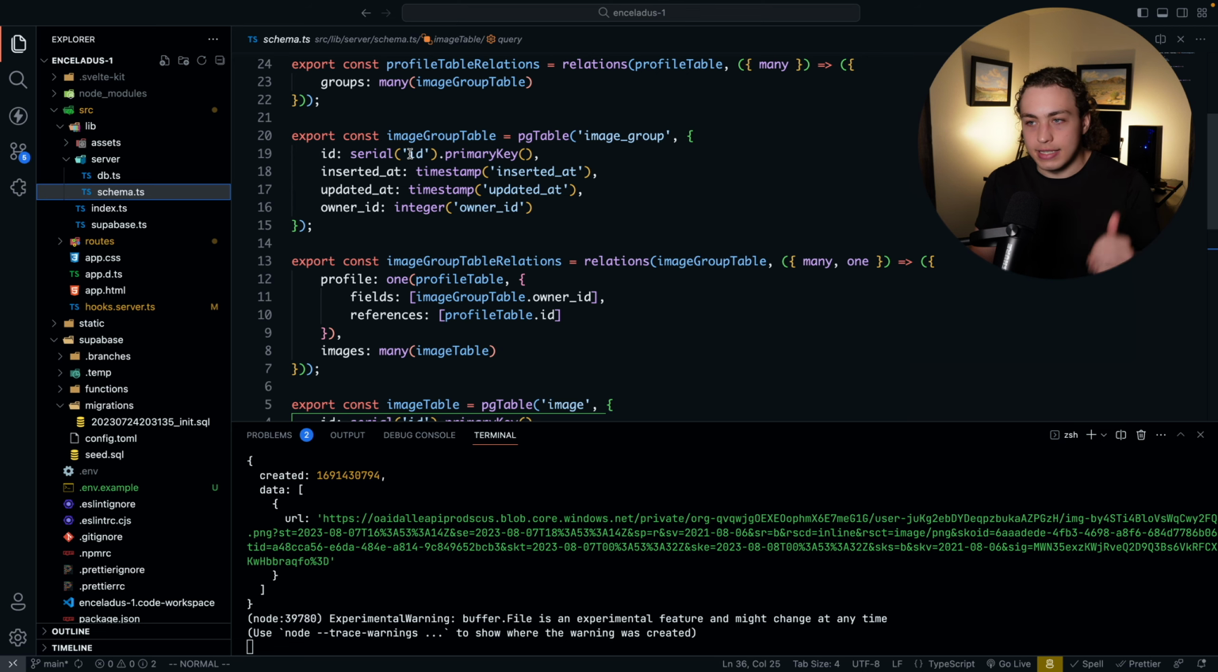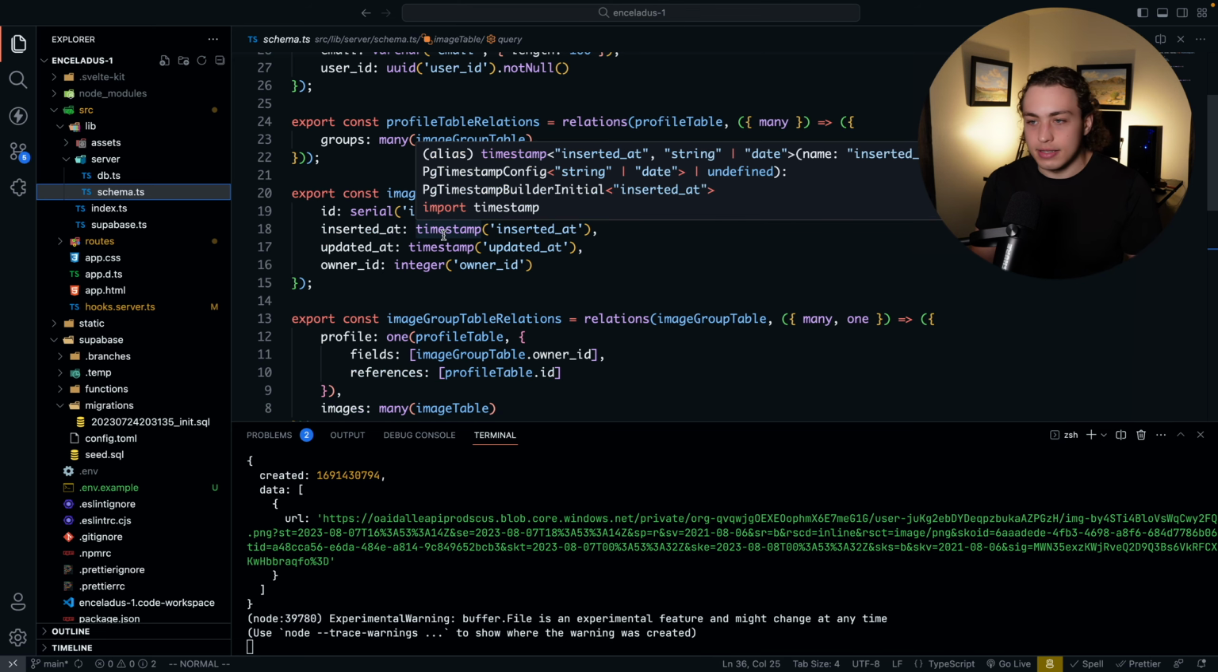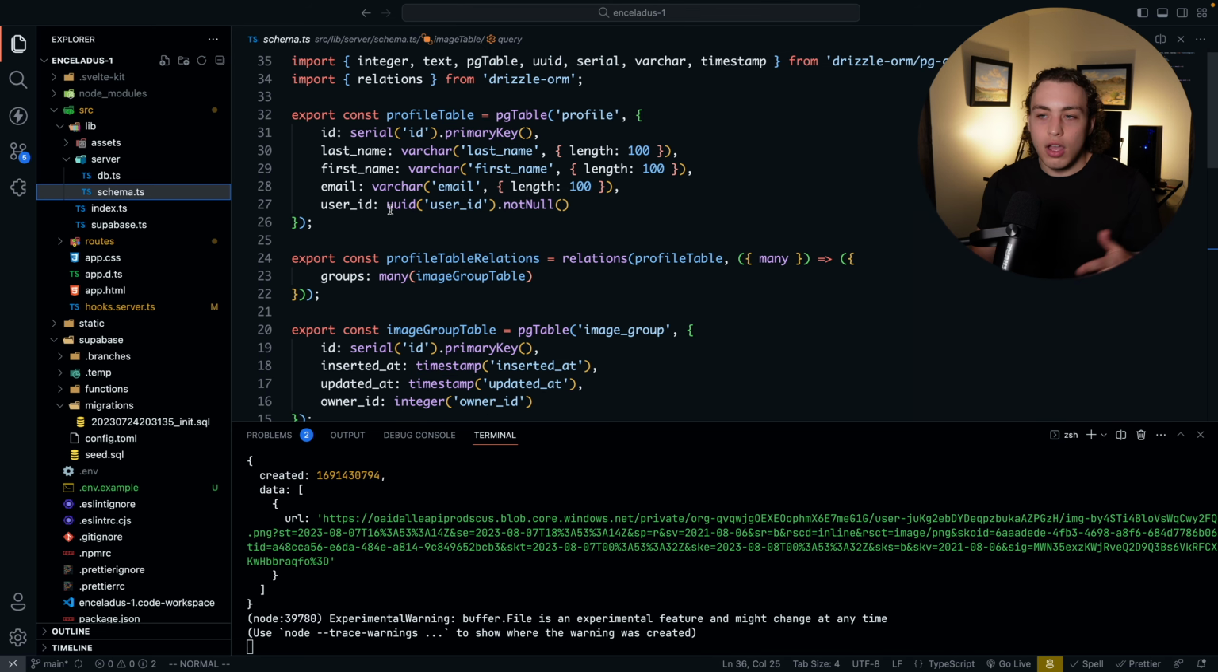I'm setting the ID as a primary key. Within the image group table, it's a serial ID primary key, and then I'm setting a timestamp, and so on. All of this sort of matches, and really there's nothing too crazy here, but the biggest question that I think